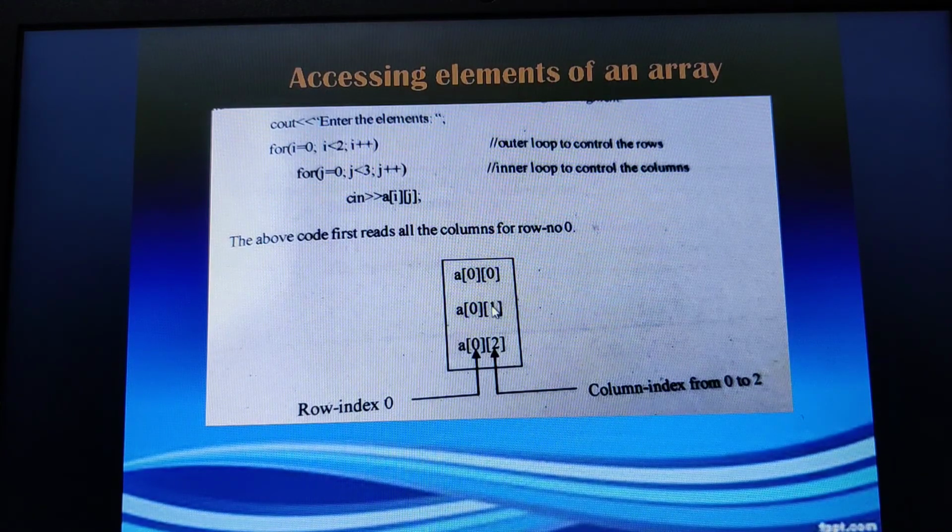How many columns do we have? We have 3 columns. So this is for the rows, and this is what we are referring to as the columns. So for row index 0, right now I'll be pointing to the 0th row, and at this position, first column, second column, and the third column.